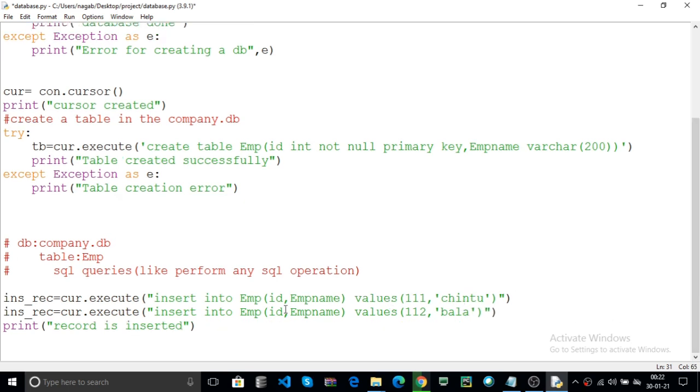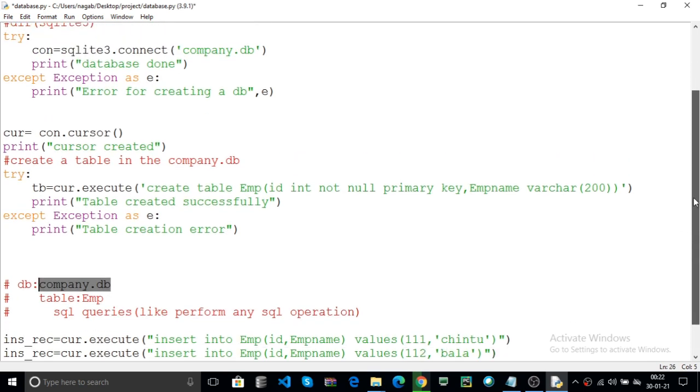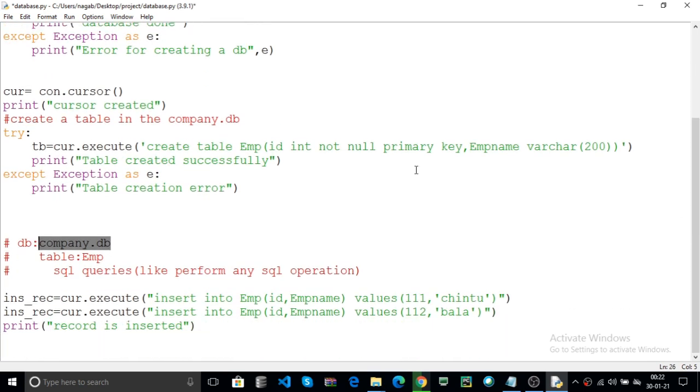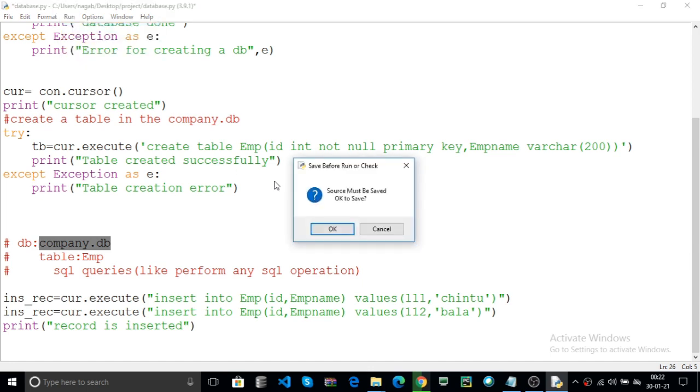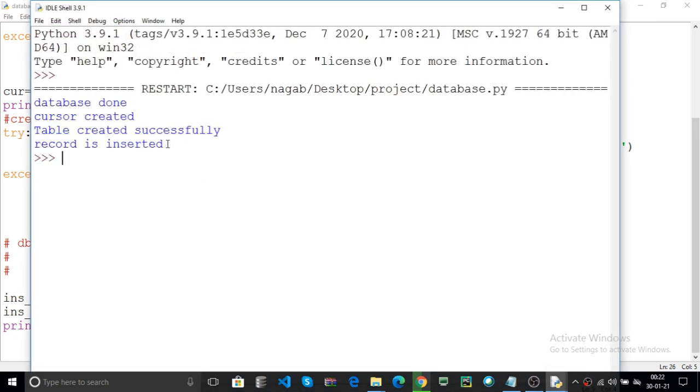Yeah, these are the two records added into the emp table in the company.db database. Now click on run module, click on OK. Here it is successful: the table is created successfully and the record is inserted.